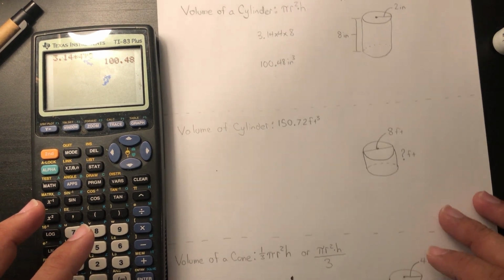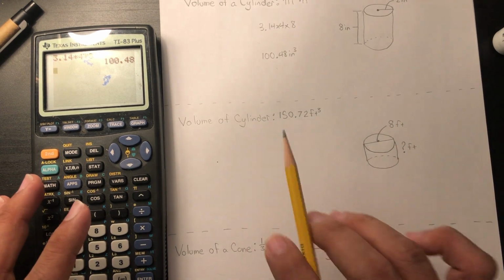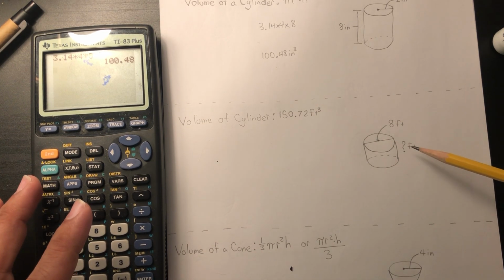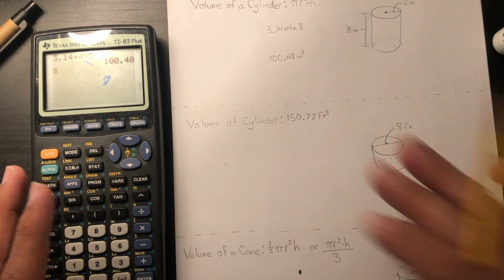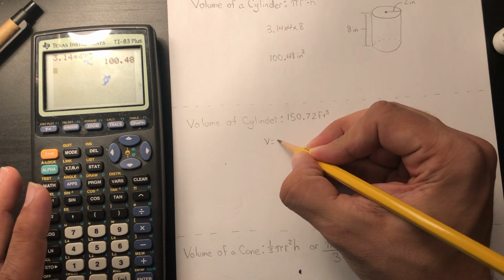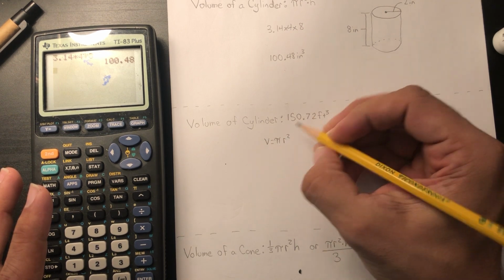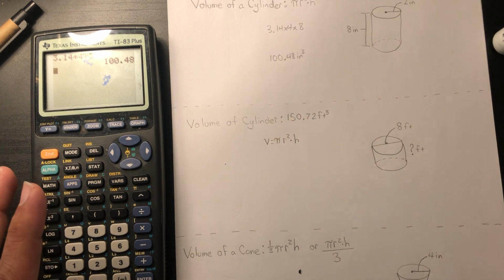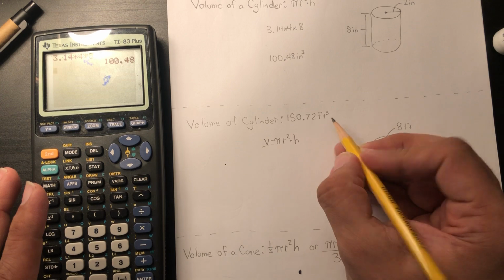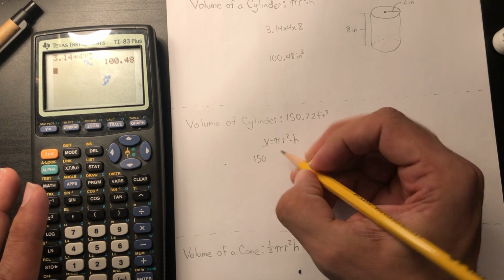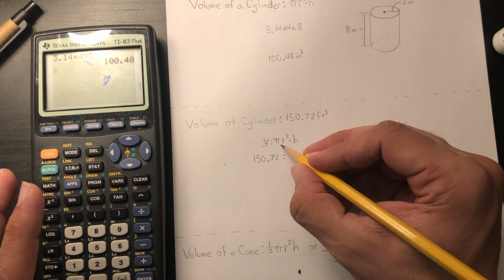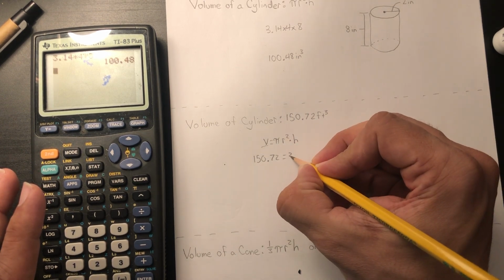Now for my section here, when we were doing cylinders, I can actually not give you something. So for this one, I didn't give you the height. So I gave you the volume. The formula is still the same. Volume equals pi r squared times height. The volume's been given to us, so I'm going to replace V with the volume. So 150.72 equals, pi is still 3.14